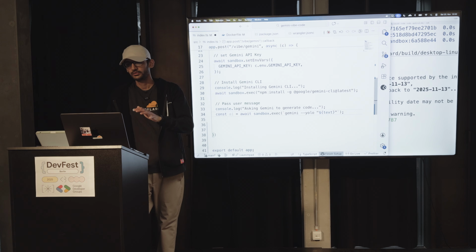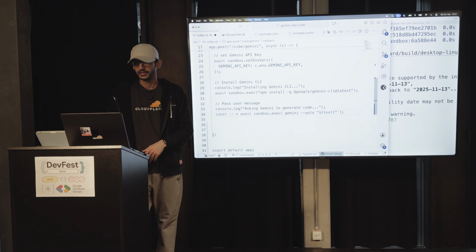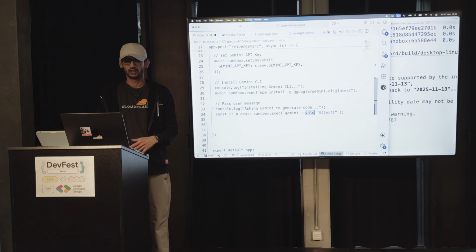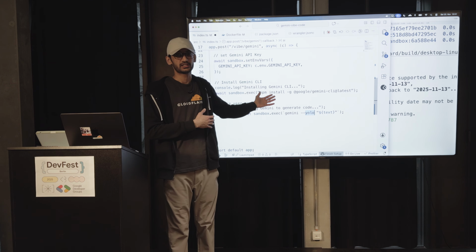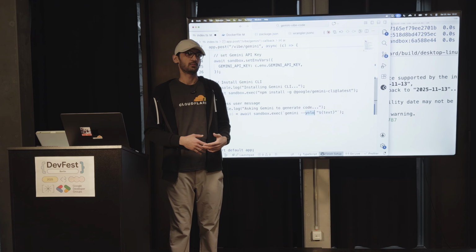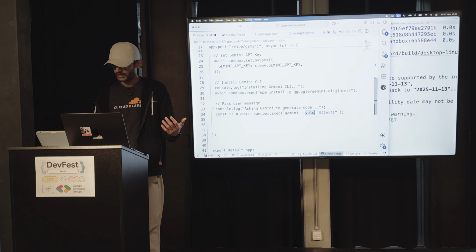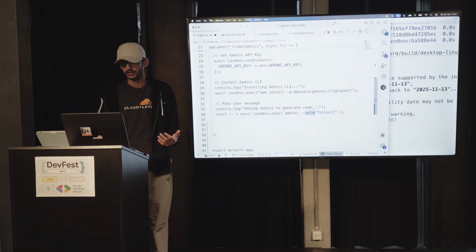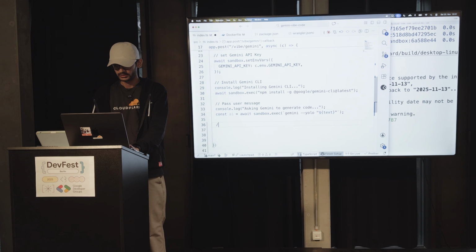All right, so once we install the Gemini CLI in our sandbox, I am going to run it in YOLO mode. Now, I earlier mentioned don't do that, but hey, this is a sandbox environment. Even if it does anything crazy, I can shut down the sandbox and it's not going to harm my application. So in this YOLO mode, I am going to pass in the text that is coming in from the user, and then lastly, simply return that to the user.